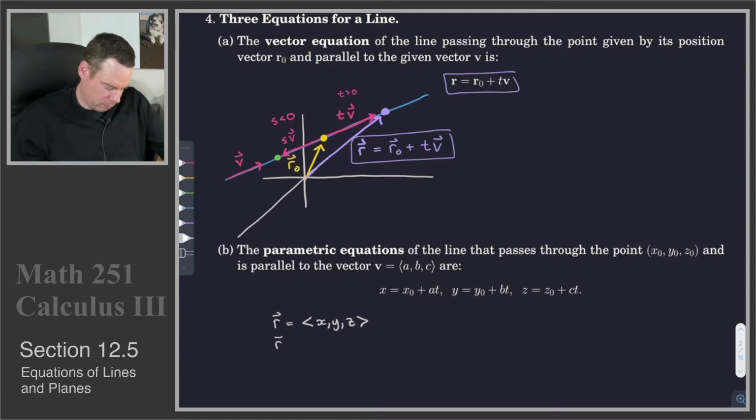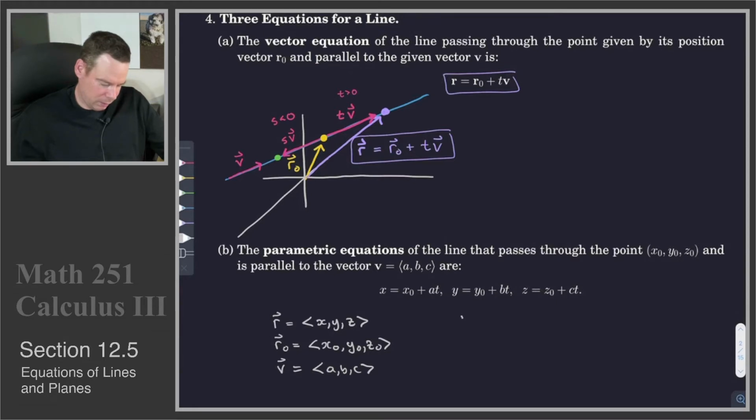R naught is a position vector for a point that lives on the line, x naught, y naught, z naught. And our vector v is some direction vector for the line, given by a, b, c. So if I take these three expressions and plug them into our vector equation for the line, then